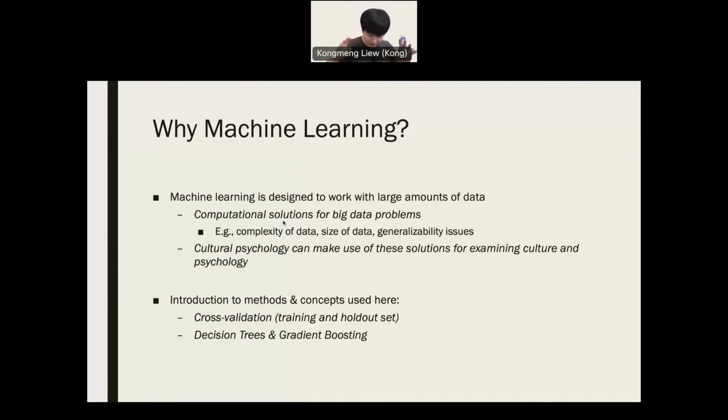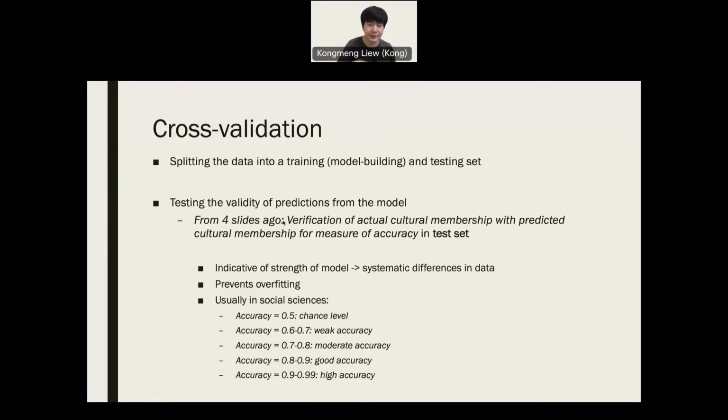And so I'm going to start from the very top. I'm going to assume that most of you here don't really have an idea of what machine learning is, what the techniques are that we talk about, what some of the fundamental methods used in machine learning are. So I'm going to give you a very simple introduction to three methods I use in my research: cross-validation, decision trees, and gradient boosting. Ultimately, they build on each other to get a more complete model. But I'm trying to walk you through the process of how we went about doing this kind of research, fitting these kinds of methods.